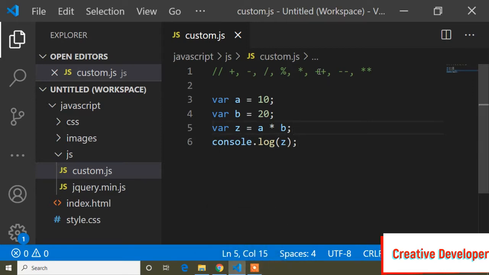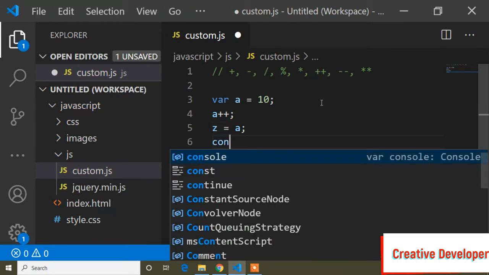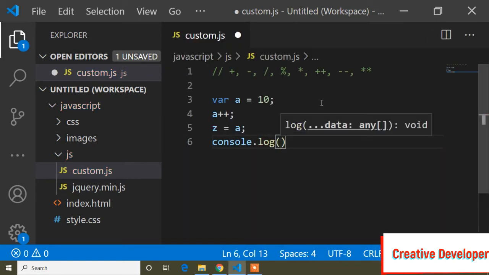And guys, in the same way, let's see how plus plus, minus minus, and double multiplication work. This time I will remove this line, and now a equals 10. Here I can write a plus plus, and in the same way z equals a, and now I can print console.log z.